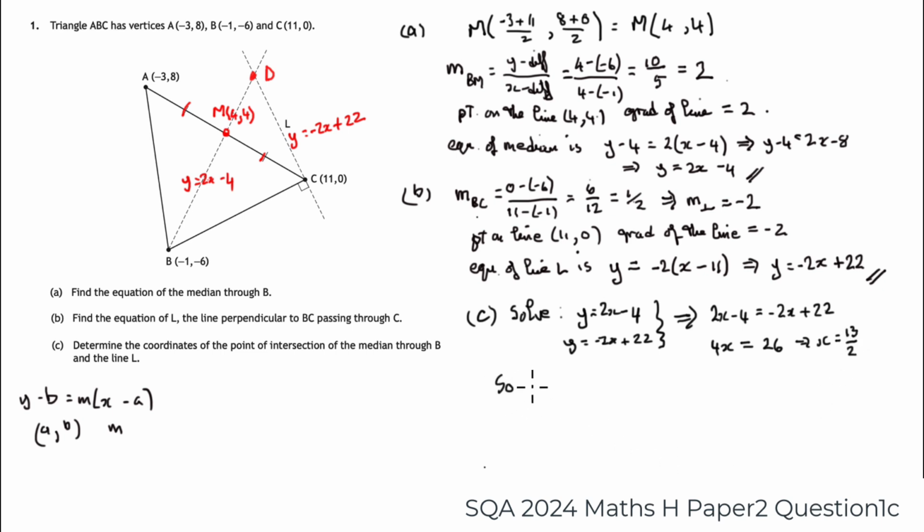And how do we find y? Well, let's use the first equation. So y is twice, we now know x is 13 over 2. Take away 4. And these 2's cancel. And we've got 13 minus 4 for y, which is 9. So the point of intersection that we were required to find is 13 over 2,